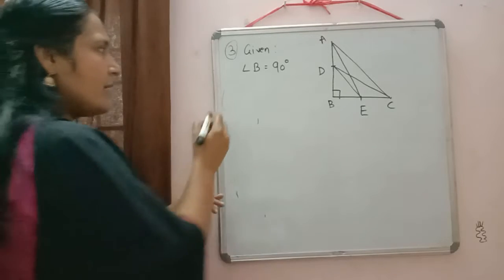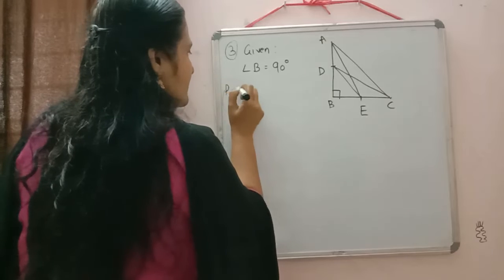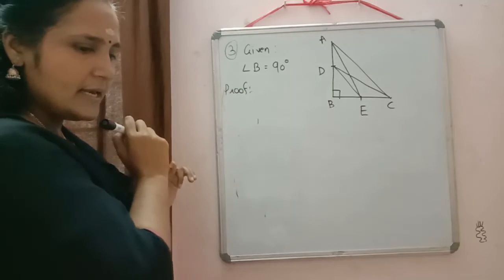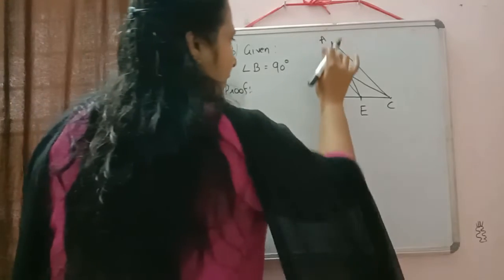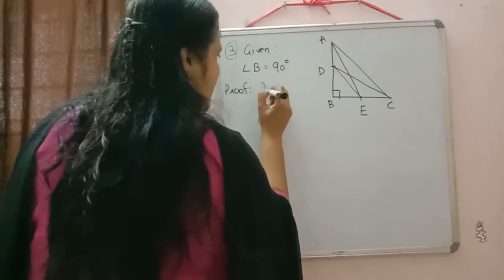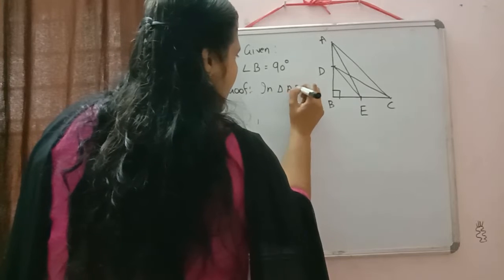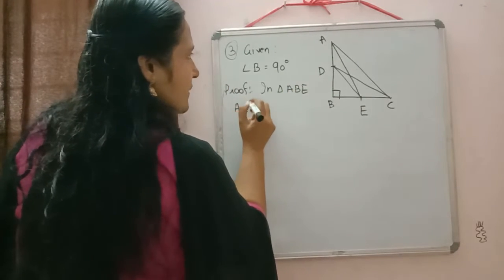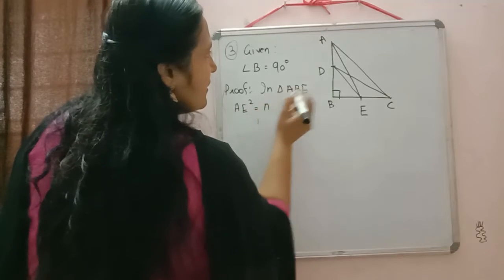We need a right triangle to use Pythagoras theorem. Yes. So do we have a right triangle in which the side AE is coming? Yes, triangle ABE. So just write down there. In triangle ABE, what will come? AE square is equal to AB